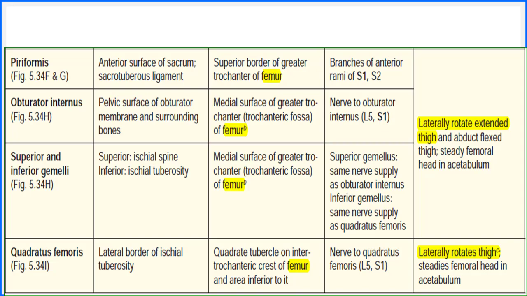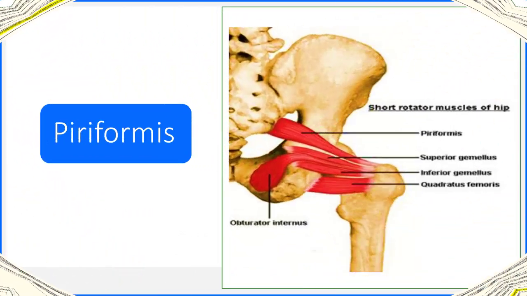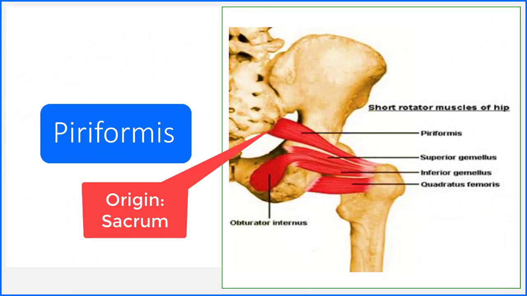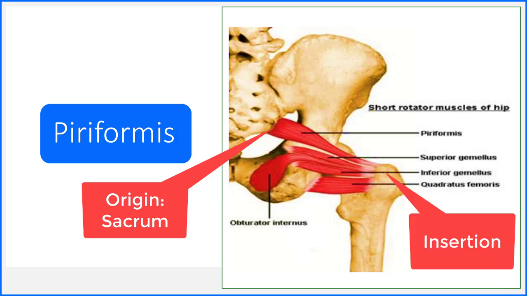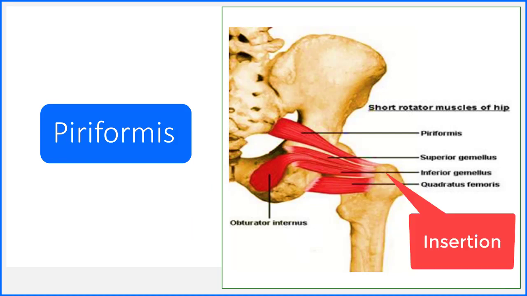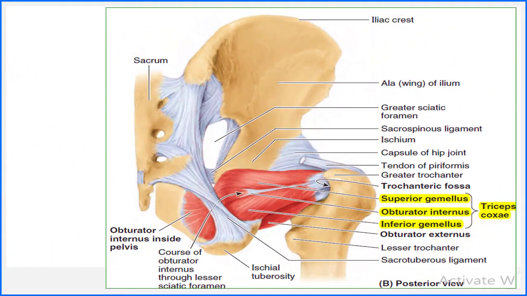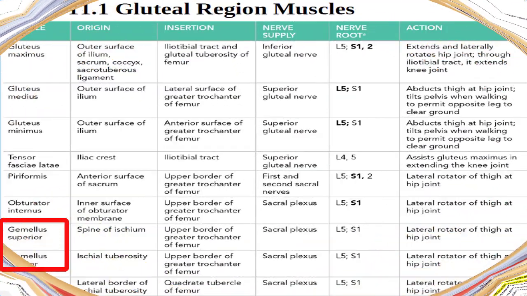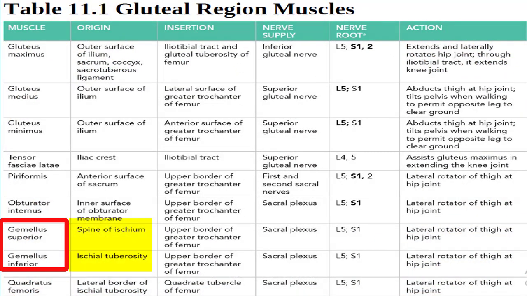Now we will cover the details of piriformis muscle, which originates from the anterior surface of the sacrum bone, and inserts on the greater trochanter of femur. Obturator internus originates from the obturator membrane, and inserts on the greater trochanter of femur. Superior and inferior gemelli originate from the ischial spine and ischial tuberosity respectively. Superior gemelli originates from the ischial spine, while inferior gemelli originates from the ischial tuberosity, and they insert on the greater trochanter of